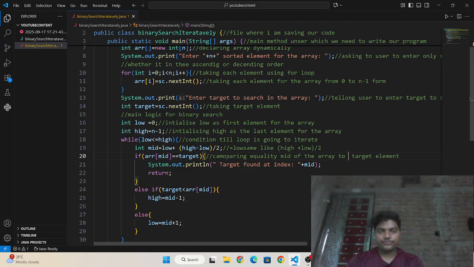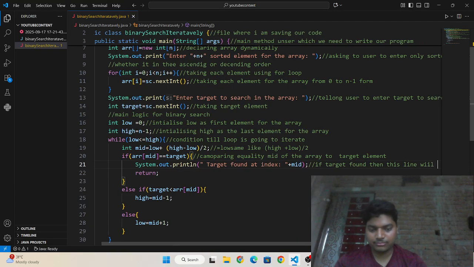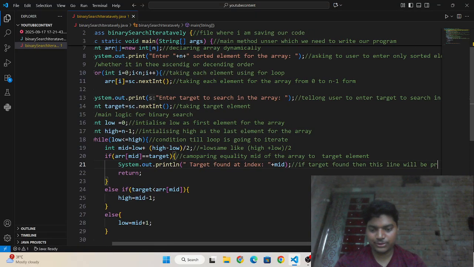Okay, and if the target is found, then this line will be printed.